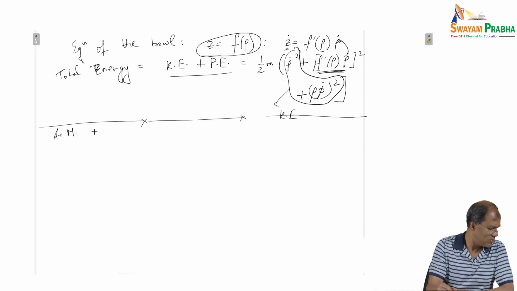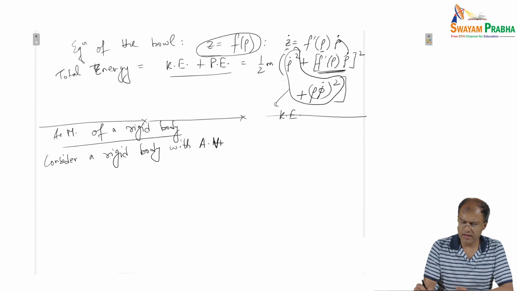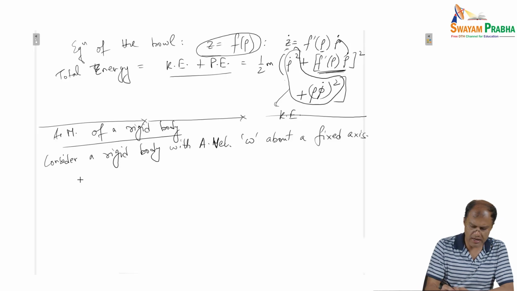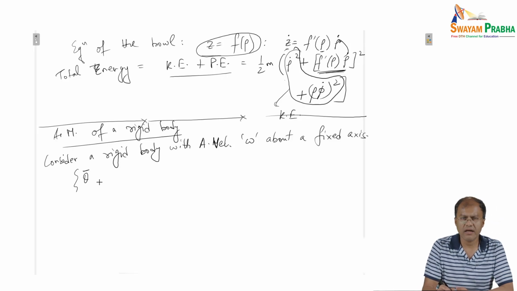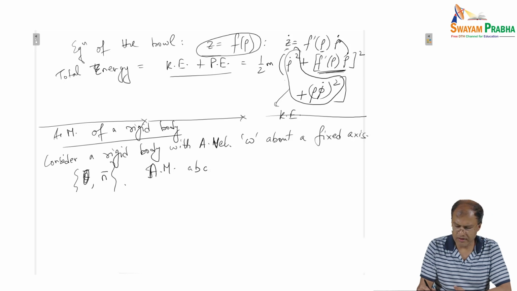So let us consider a rigid body with angular velocity omega about a fixed axis, and let us say we have our degree of freedom given by theta, and n is the axis that we are talking about, and then our angular momentum about this axis